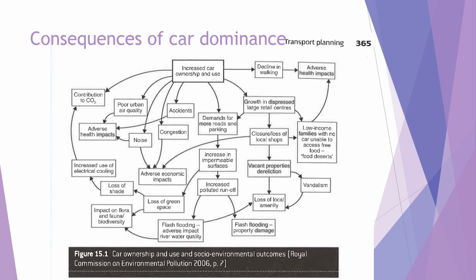Congestion, I've mentioned. This has adverse economic impacts. And just generally giving over space to cars means that we're choosing a certain kind of urban quality, urban space. When you allocate urban space to either moving traffic or storing private vehicles, like on streets for car parking, then you miss opportunities to make that space work differently. So there's a whole lot of ideas in this figure, and you'll see versions of this figure in basically any text on sustainable transport planning.